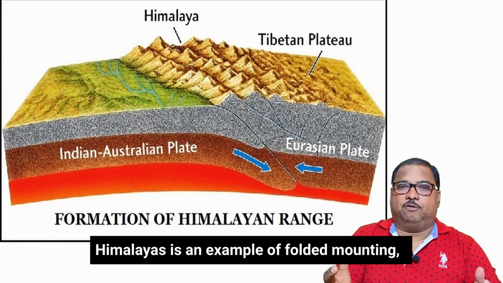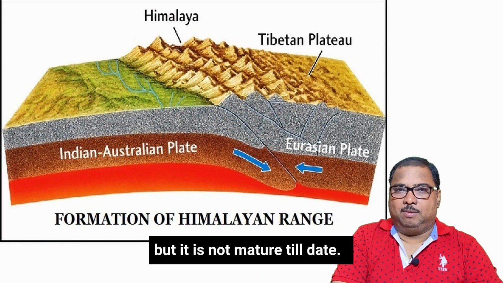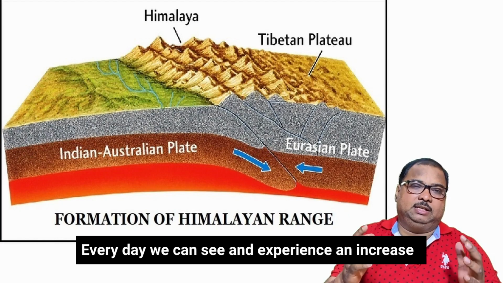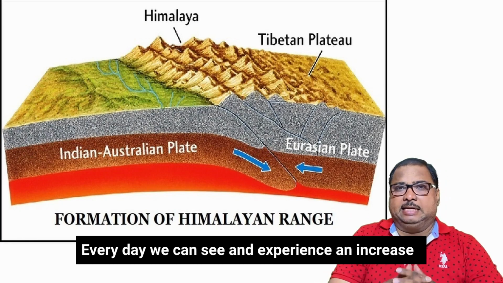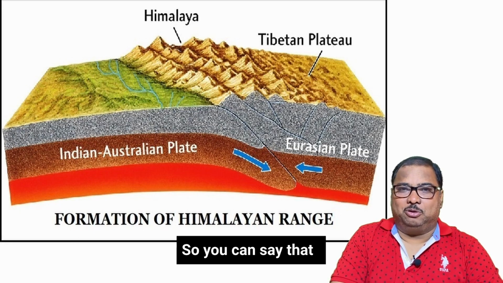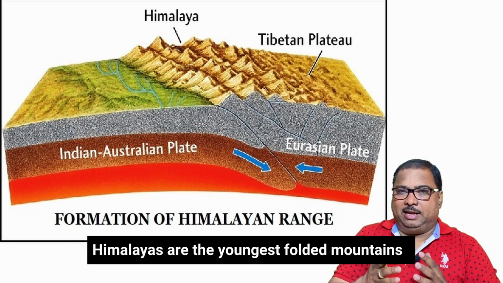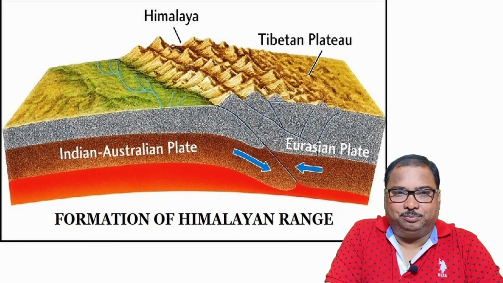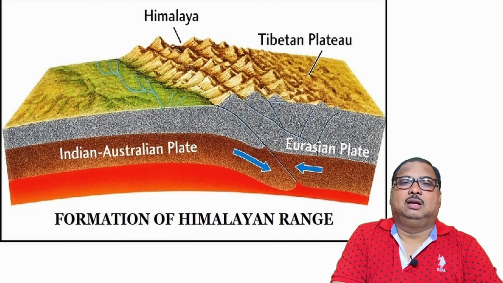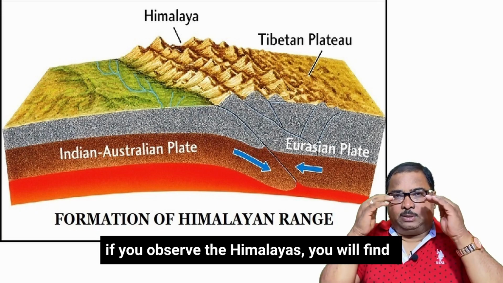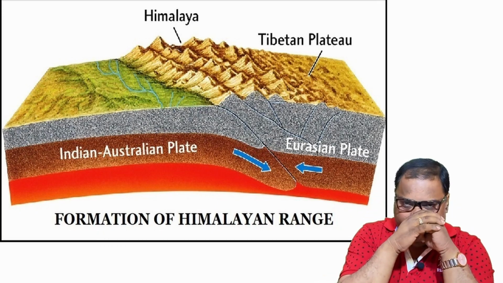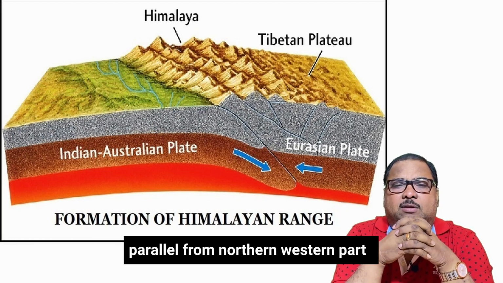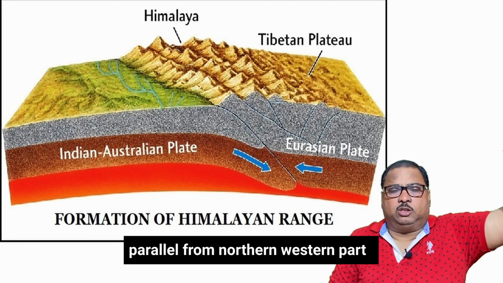Himalayas is an example of folded mountain, but it is not matured till date. Every day we can see and experience an increase in its height. So you can say that Himalayas are the youngest folded mountains in the world. Now, if you observe the Himalayas, you will find 4 subdivisions of the Himalayas running parallel from northern western part